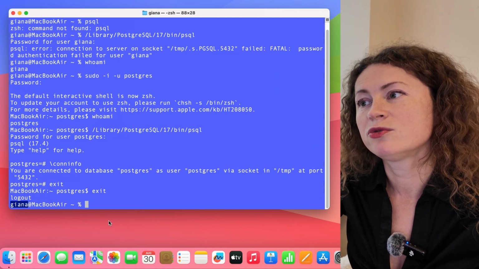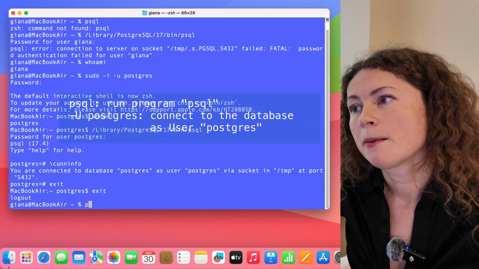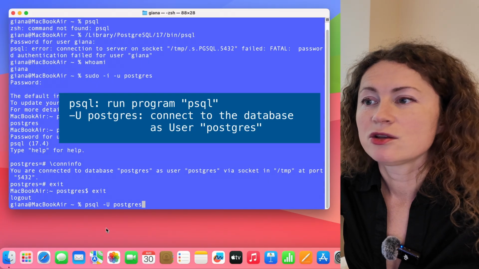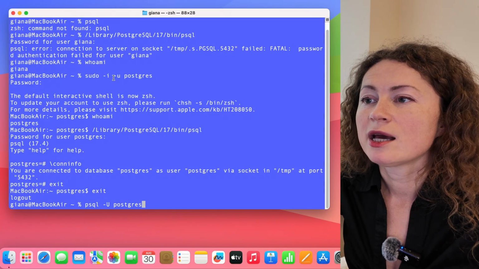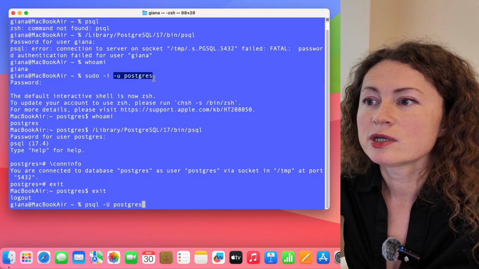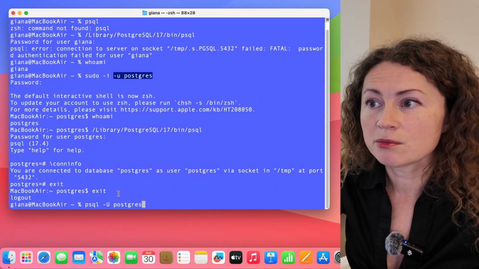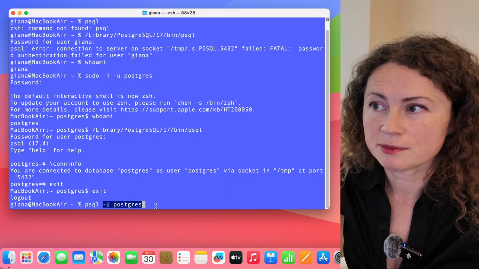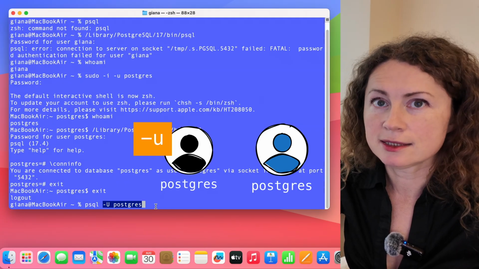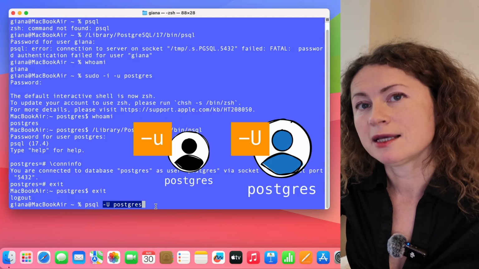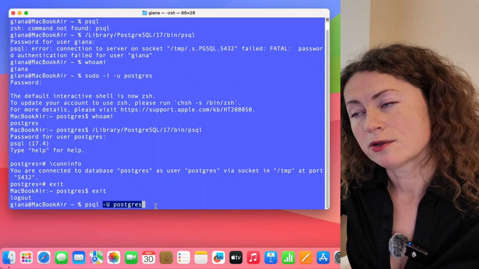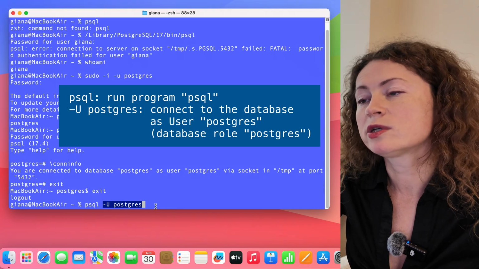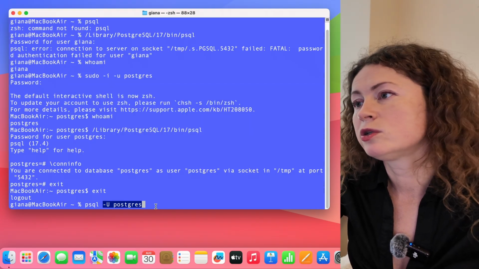But on a Mac, you can do this. Type psql -U Postgres. That's Postgres account again? No, it's not. Look back where we had sudo -i -u Postgres and the latest psql -U Postgres. You see lowercase -u and uppercase -U. Lowercase means system account. Uppercase means database role. So your latest command means launch PSQL and contact the database role Postgres specifically, no matter which system account I